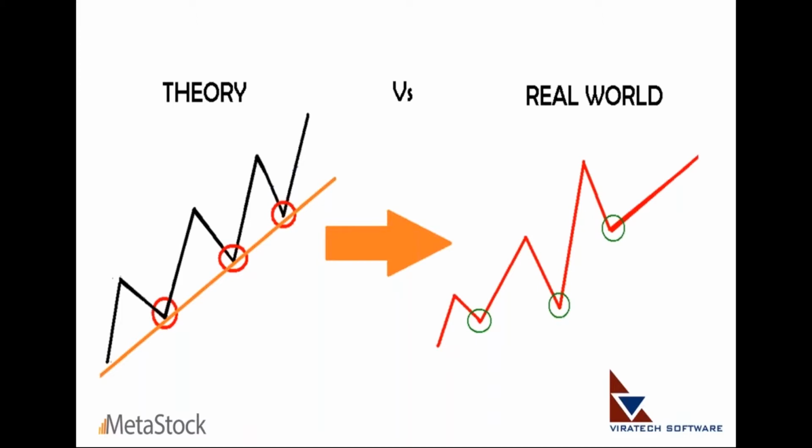There's some great authors, some great books out there. And I'm just trying to talk about some classical methods. You know, we draw trends in this perfect upward fashion, and we fit this line in beautifully. It does work sometimes, but the charts that we look at nowadays are more haphazard than such straight line charts. So when you look at the right-hand side, which is what I've labeled as real world, that red little line chart there, that's more like the chart we seem to be living in more often than not.